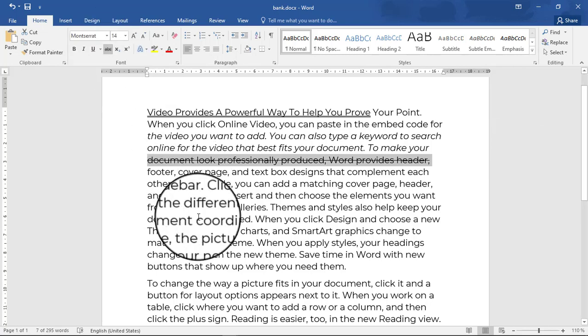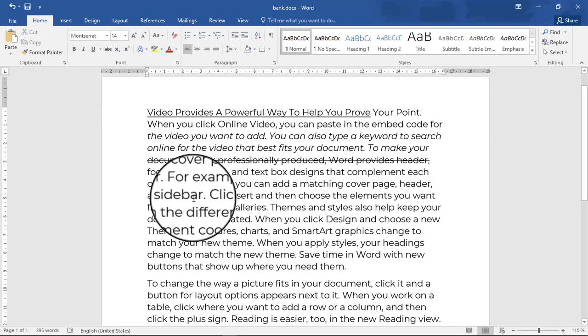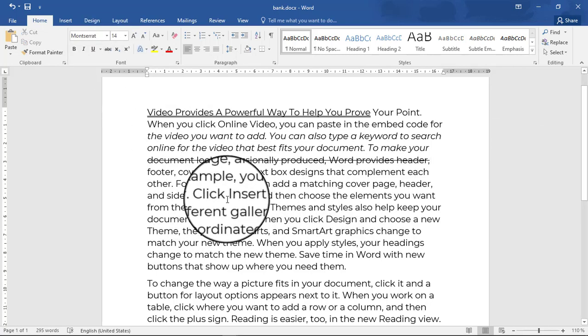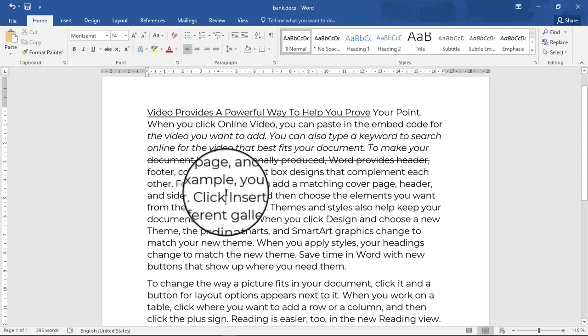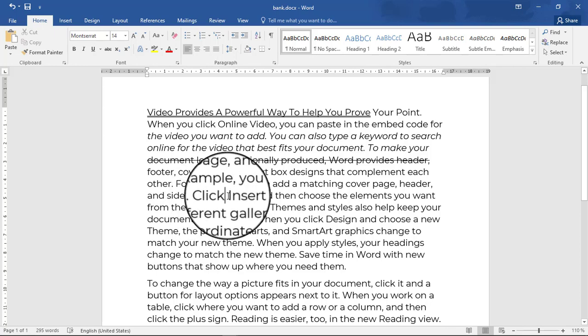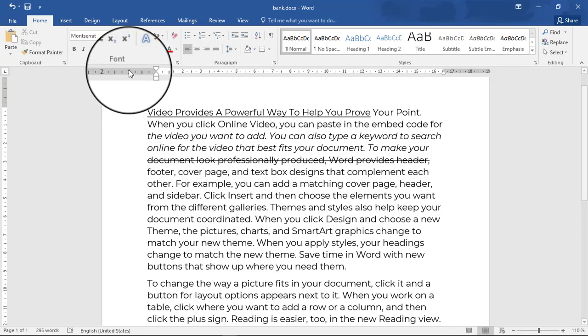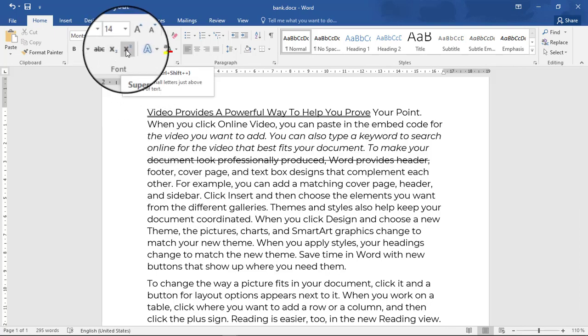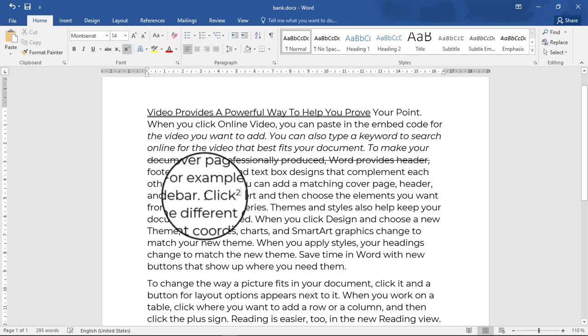If I want a subscript or a superscript, I first select the word where I want that subscript to go. Maybe I want 2 here. Maybe click 2 in a power form. I just have to press there, then go to superscript. Then after pressing superscript, I write what I want to be in the power. Are you seeing it? It has changed here. Are you seeing 2 in the power?